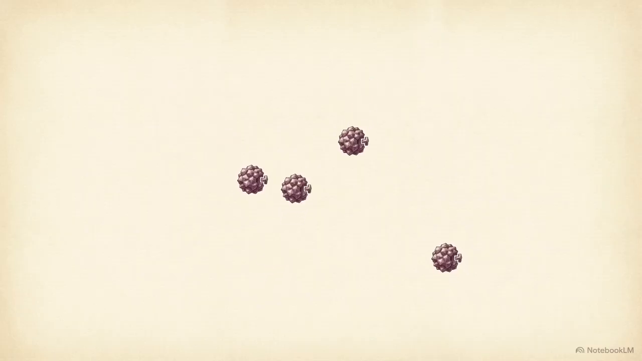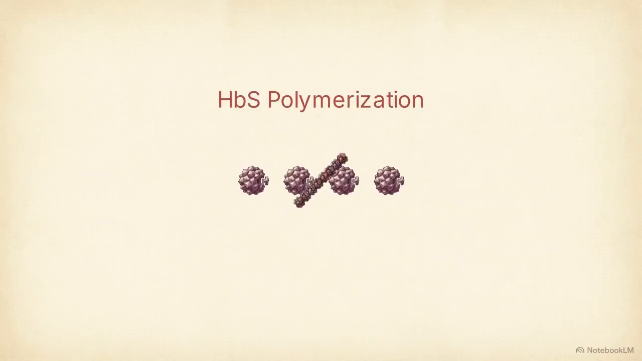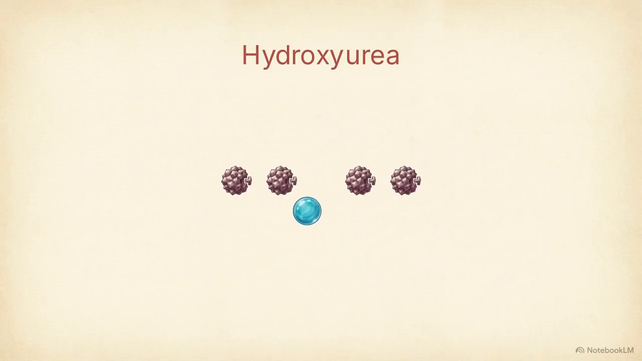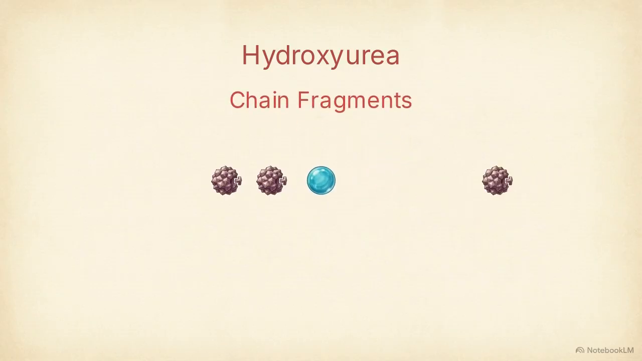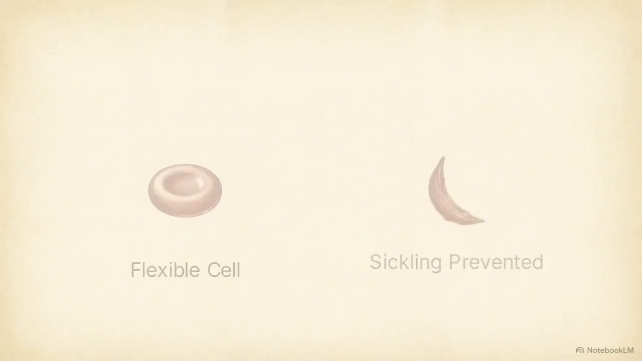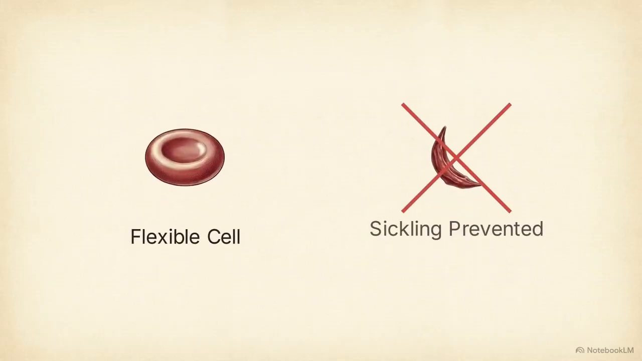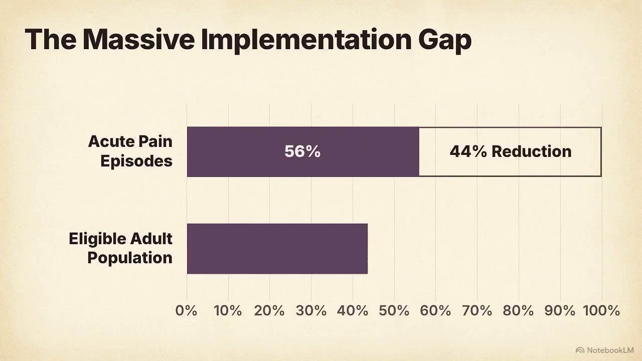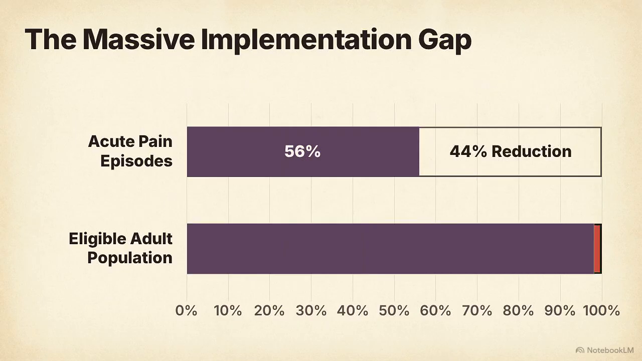This timeline illustrates how hydroxyurea physically interferes with the disease process. It induces the production of fetal hemoglobin, or HbF. Because HbF cannot polymerize, its presence directly interrupts the chain-linking behavior of mutated hemoglobin S, preventing the red cell from sickling. Despite its proven ability to reduce acute pain episodes by 44% and decrease overall mortality, a massive clinical implementation